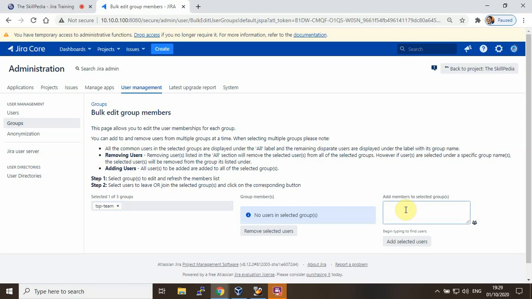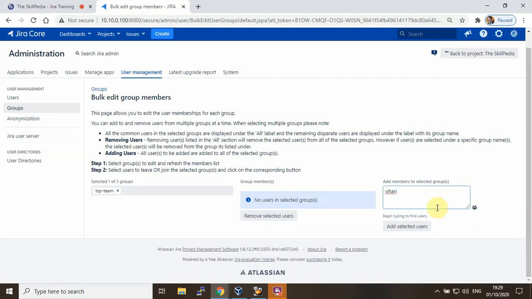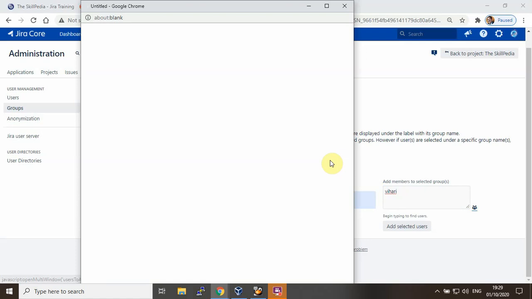So here I am going to use Vihari. For example, I type Vihari and it will start appearing. Alright, add selected users. I should be able to fetch the users from here because that was auto filter. Let me search here.